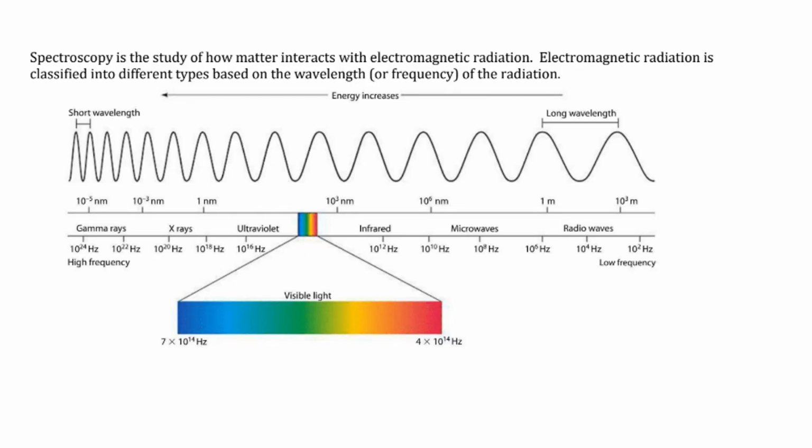Spectroscopy is a study of how matter interacts with electromagnetic radiation. Electromagnetic radiation is classified into different types based on its wavelength and frequency. So we did see visible light in chemistry honors, and in physics, depending if it's AP or not, I don't know. I know I taught it in my general physics class about gamma rays, X-rays, infrared, microwave, radio waves, and